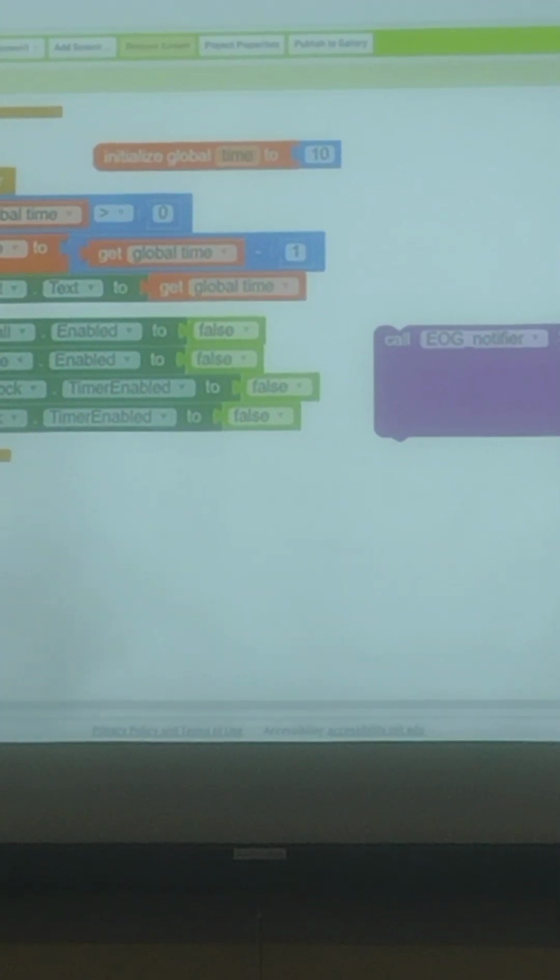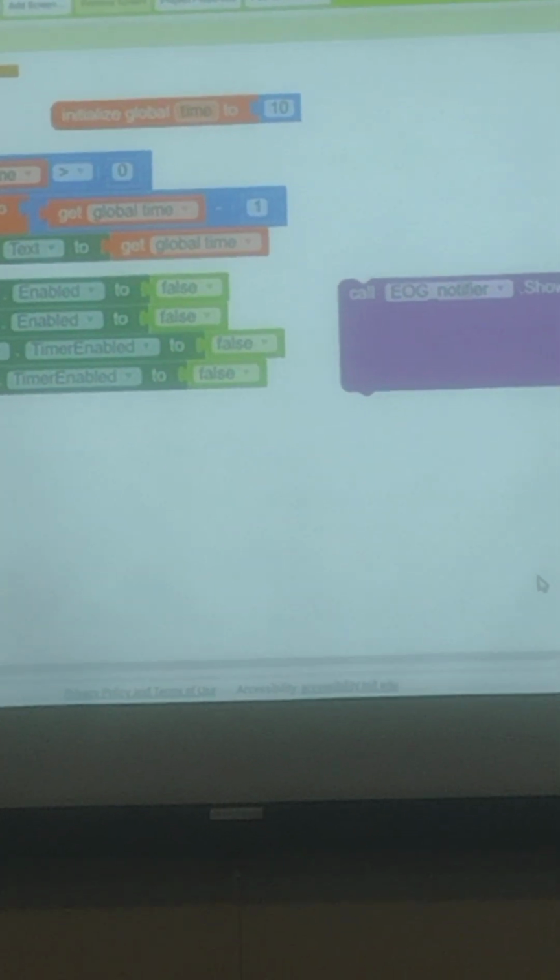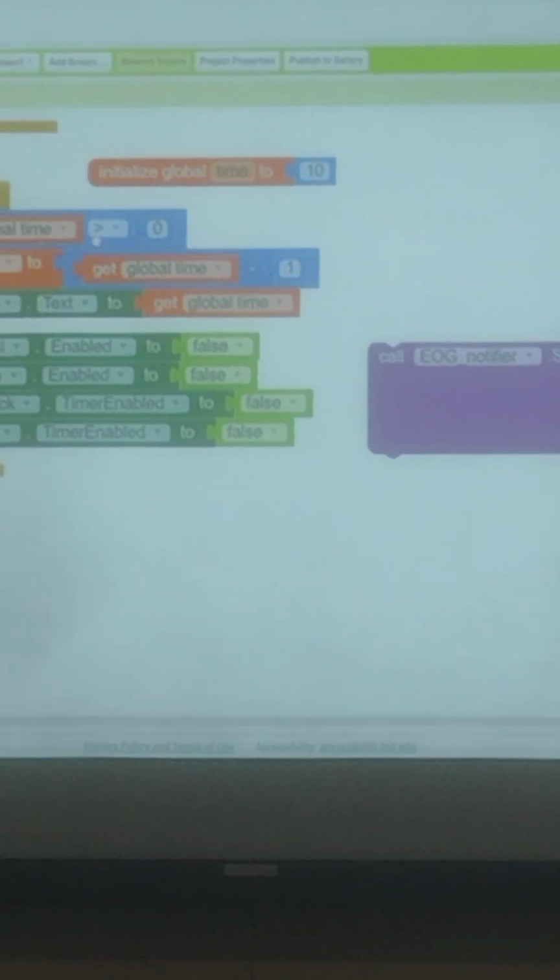And then the message is going to be a combination of 2 different things. I want some text that says, congrats, your score is, and then I want the actual score. The score is coming from the variable, the text is just some static text. I'm going to join them together, which means I need a join block. So I go up to text, I grab a join block. All right, it's just two things that I'm joining together. The first thing